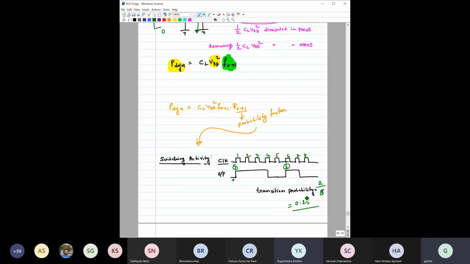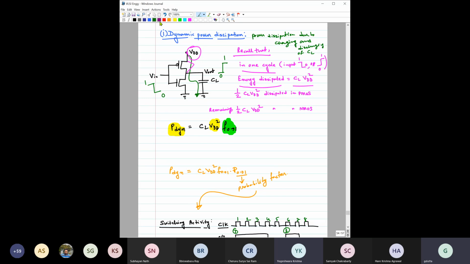So you should also know what the switching activity, or switching factor, is for an inverter in a particular IC. I think we have discussed a couple of things here. Please note the effect of scaling on VDD and on the clock frequency, and its impact